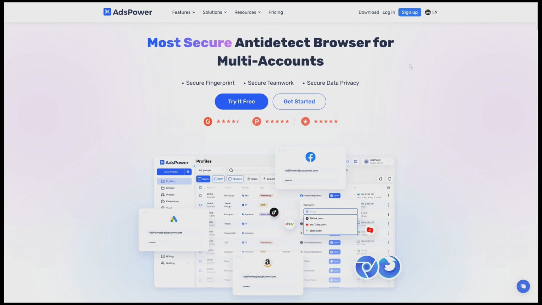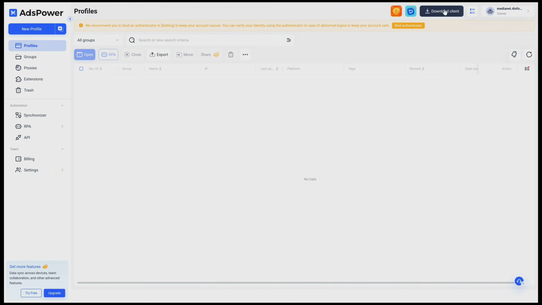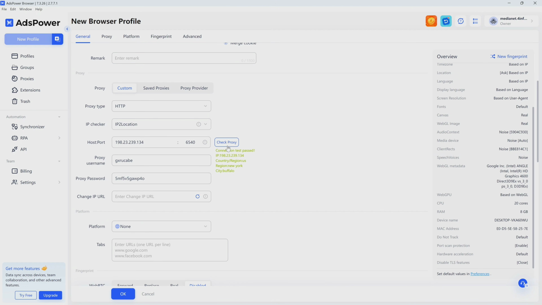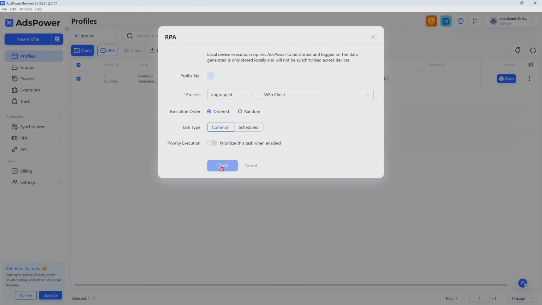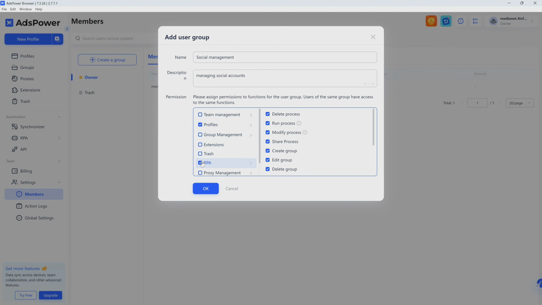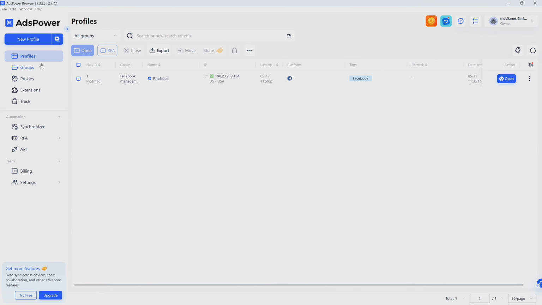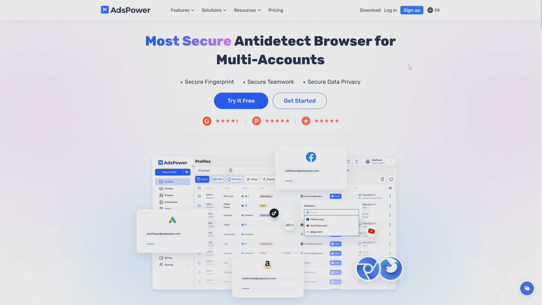So in this full AdsPower tutorial and review video, I will walk you through everything: downloading AdsPower, creating accounts, setting up your profile and proxies, running the profile browser for multiple accounts, automating tasks with the RPA robot, sharing access with team members, and much more. So there is a lot to cover. Let's dive right in. First of all, here click on try it for free, and then you will land